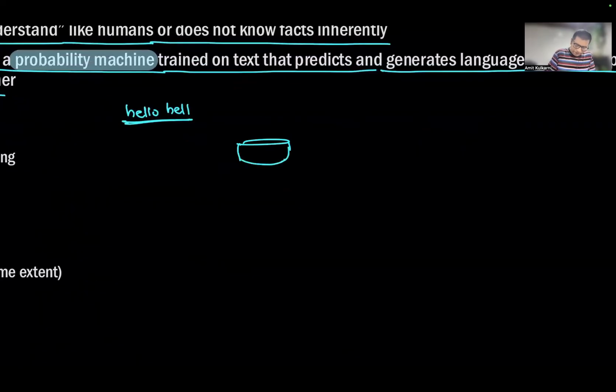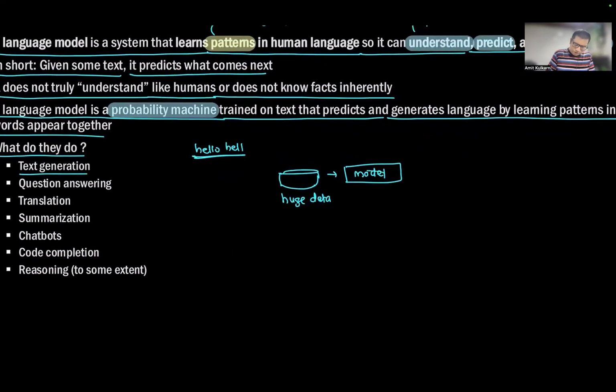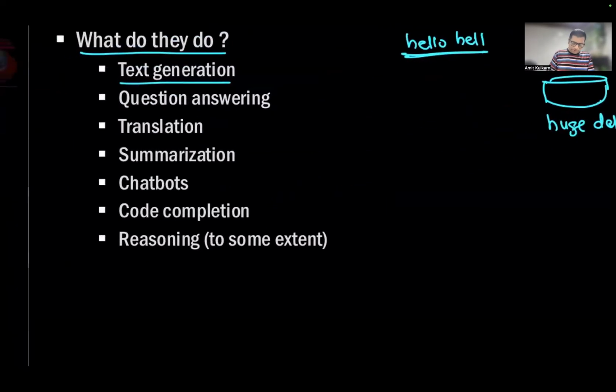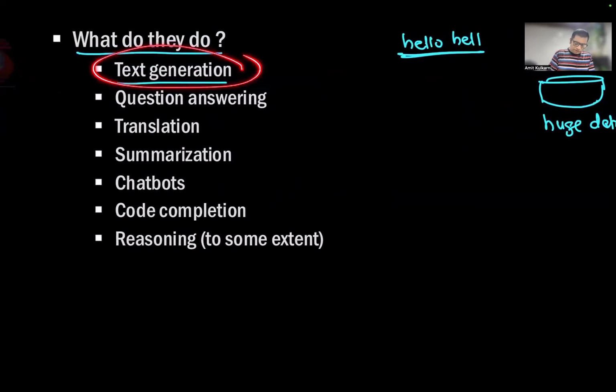And this data is a huge one. If I pass it to that model, this is my model, and if I train that model, it shows emergent behaviors. These are the behaviors which we can leverage to solve other problems as well. Our main problem that is getting solved by a language model is text generation. But the same logic, the same data, the same text generation patterns can be used to leverage other problems